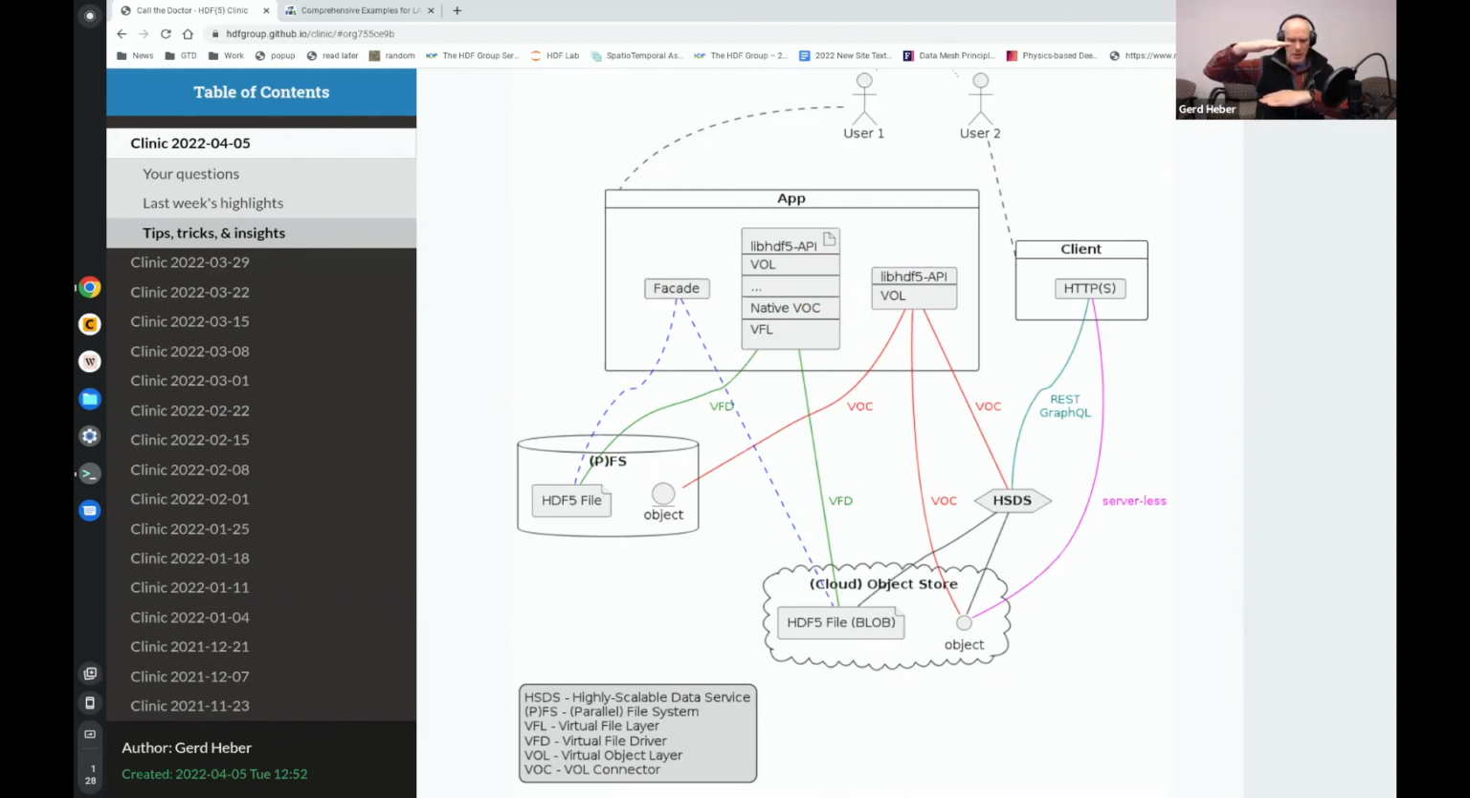At the top, you have what we call the virtual object layer interface, where you are intercepting API calls, and at that point you have full control. You can do anything you want. Whereas at the bottom of the so-called native virtual object connector, which in the past we used to call the HDF5 library,